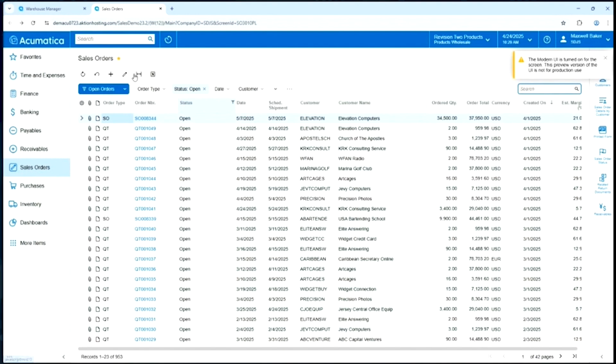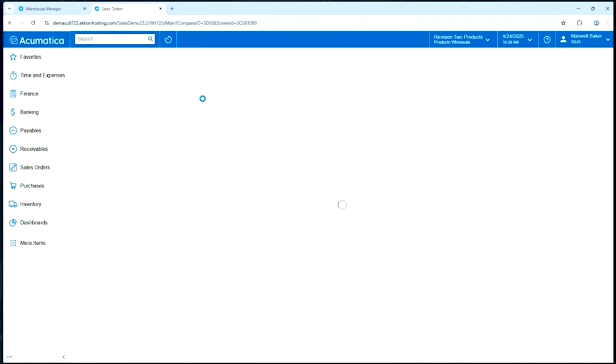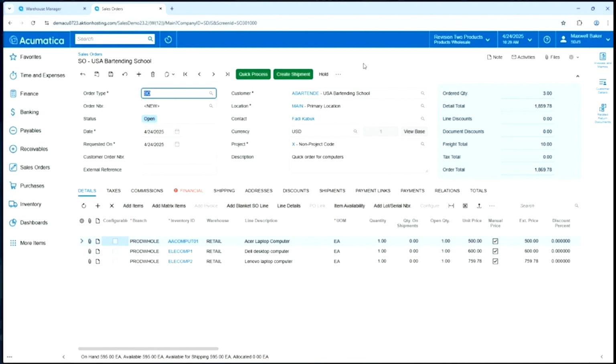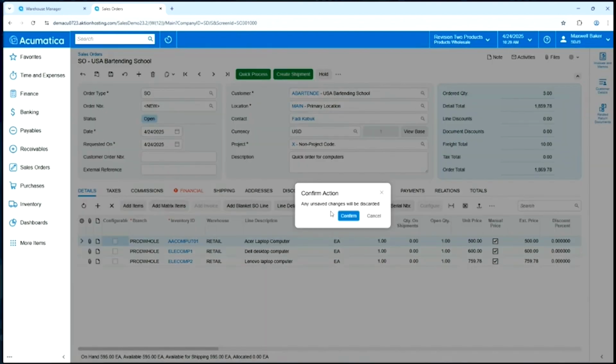So if I start again with a brand new transaction here, and notice I have the copy feature. So if I have another sales order, I can copy it, paste it in here. I can also pull from another order that's a template. So it's just saved, and I'll pull that up. We already know it's for that customer and for these items. Or if I do another brand new sales order,